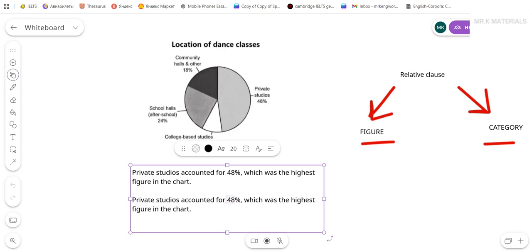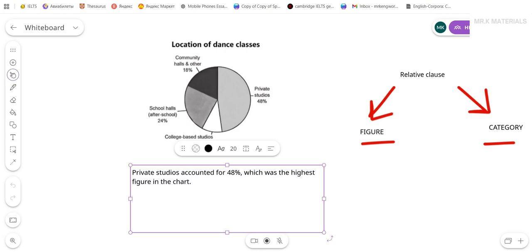Now, the question stands here, how can I then focus on the category if which will always talk about the figure? This can never be a category. For me to use a relative clause as a category, I need to have the words private studios before the word which. This can be achieved if you manage to use somebody did something structure here. It may take a little more time, it may take a little more practice, and right now, if you cannot master this, and if you're still mastering this, it's not advisable for you to use this. If this is easy for you, then you can use the structure I'm going to show now.